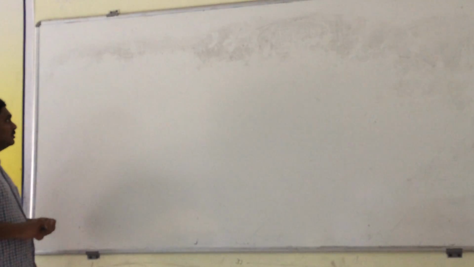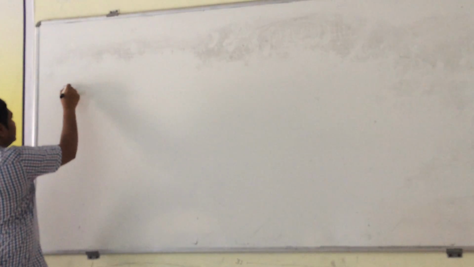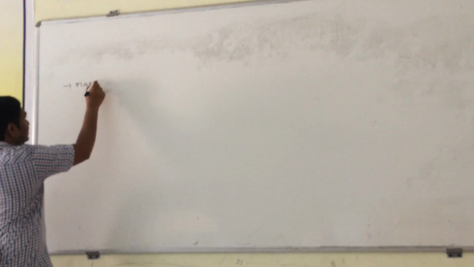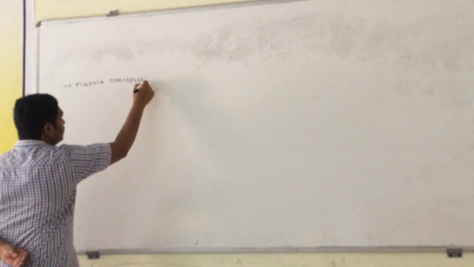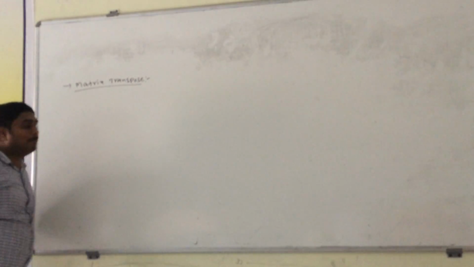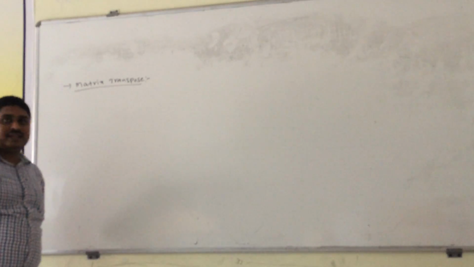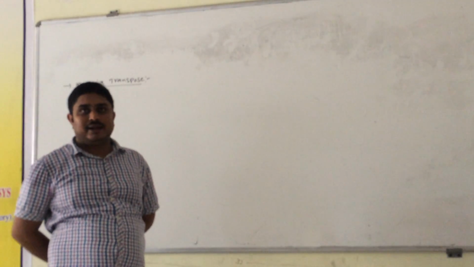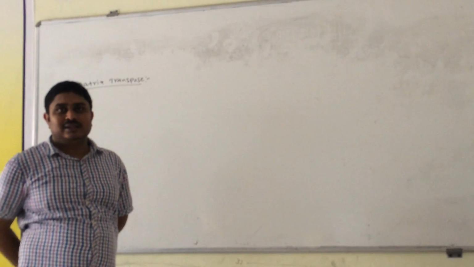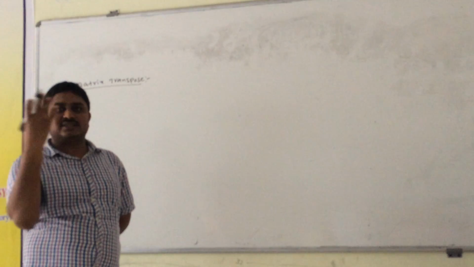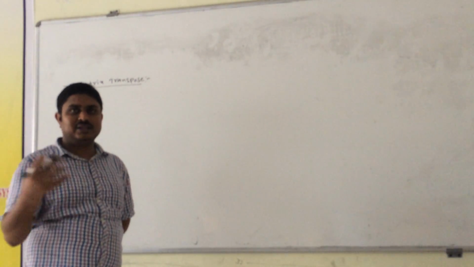In the previous video, matrix addition and matrix subtraction were completed, and the third one is the matrix transpose. Matrix transpose. In the matrix transpose, we take one array and enter the values in that array. After that, we convert the row elements into column elements, and automatically the column elements become the row elements.